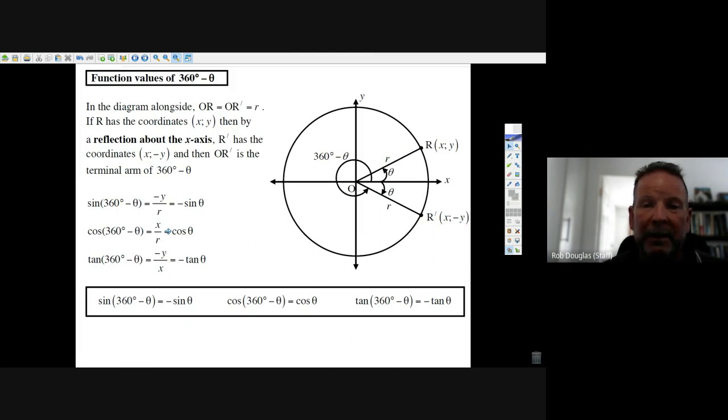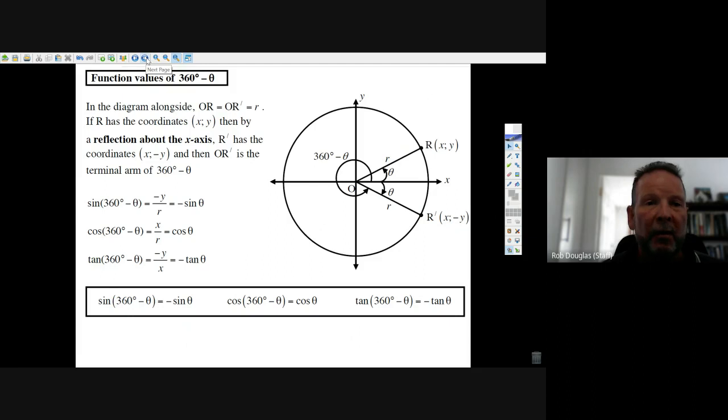But the cosine's positive here in the fourth quadrant because x is positive. So the cosine of 360 minus theta is just the cosine of theta. And the tangent of 360 minus theta, tangent's negative down there because it's minus y over x. And there's just a little summary of the things that I just said. Well, now you know